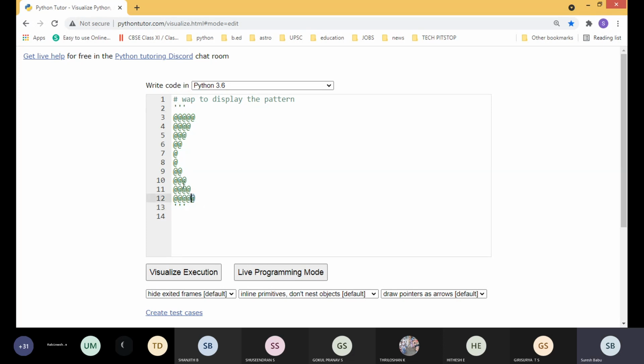Multiple line comments. Single line comments you can use hashtag, multi-line comments this will not disturb our program, so I'm using triple single quotes, or you can also use triple double quotes. That string we already used, like that. So tell me, students, how to solve this program. Any idea?